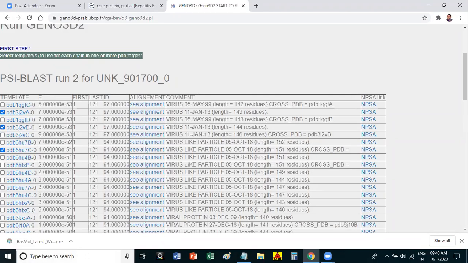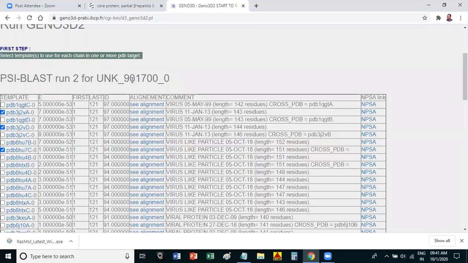So what is the idea behind selecting sequences? All those sequences we select will now work against the PDB target. PDB target means the PDB sequence and PDB structure. If this 97% or 94% sequence matches with the PDB target in Protein Data Bank, then we can predict that these three sequences may have a structure like this. Are you getting it? Tell me.